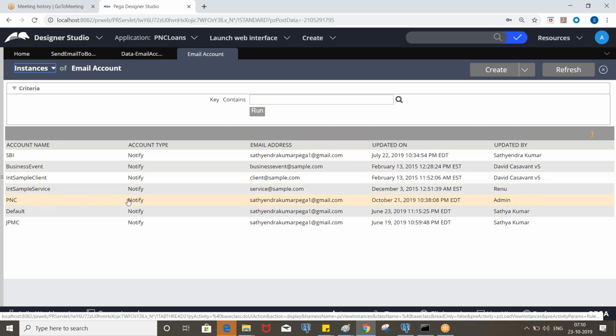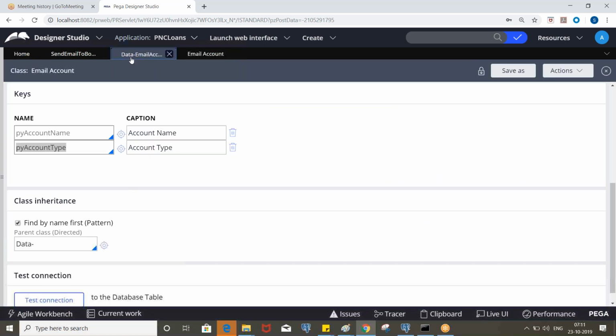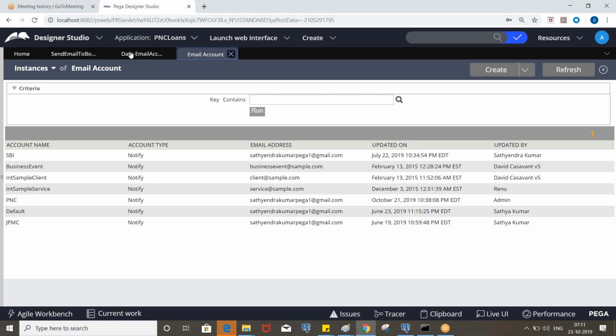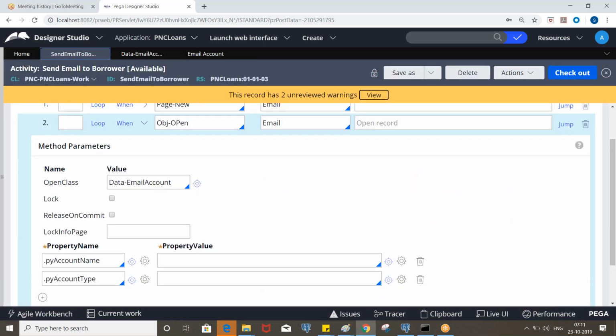This combination is unique; you cannot create an account with the same name again. So the account name is PNC and the account type is notify.